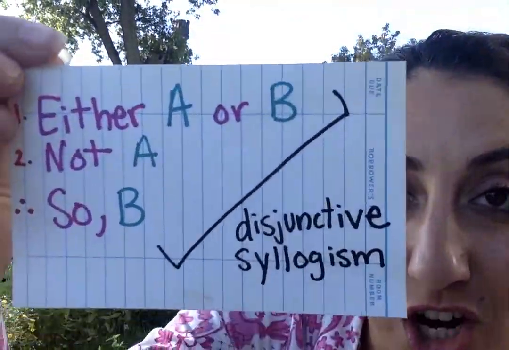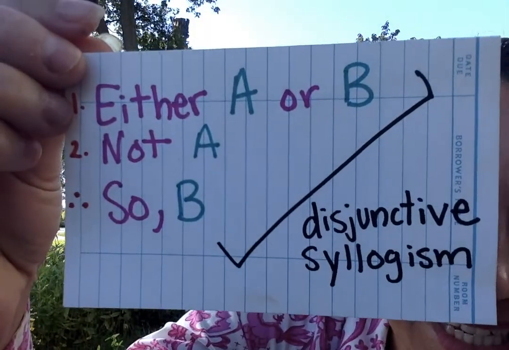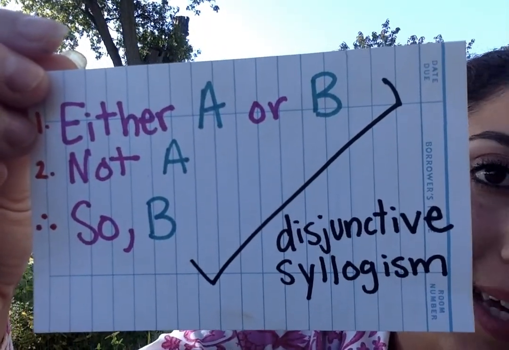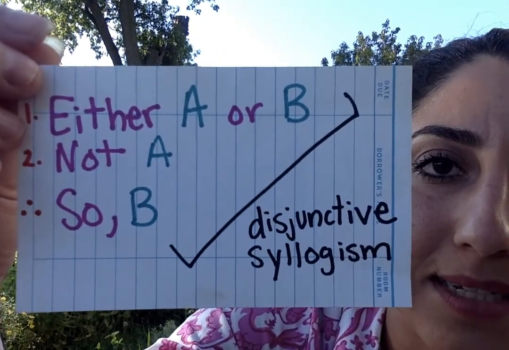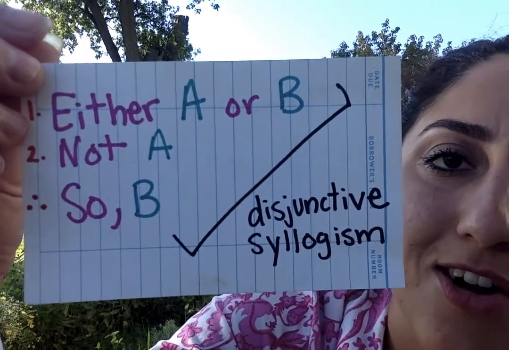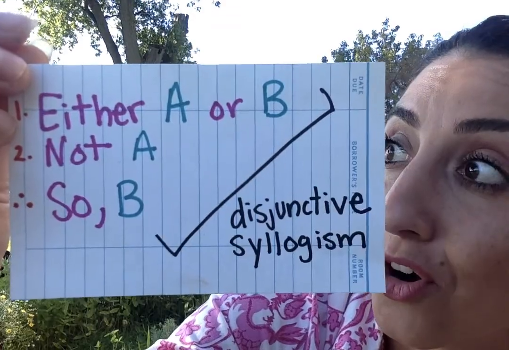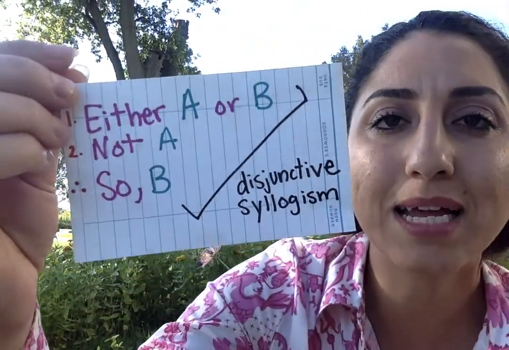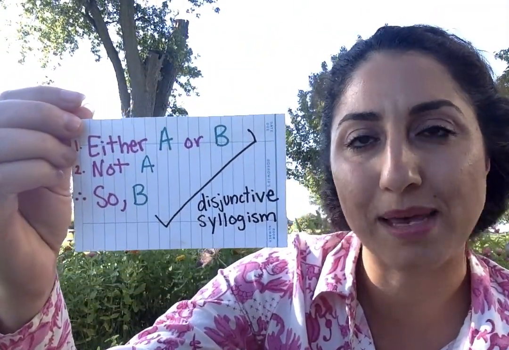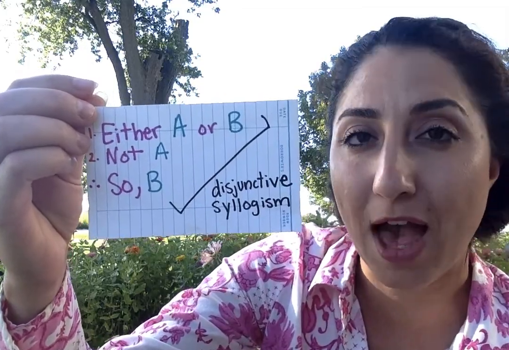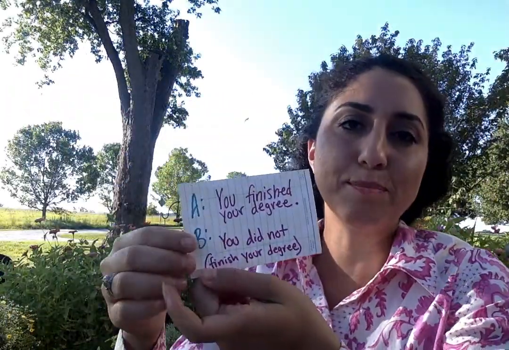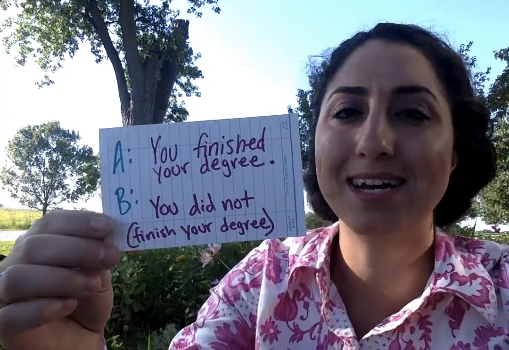Notice that the first premise in a disjunctive syllogism is asking you to carve up the world as if it's black or white and never gray and not any other color. In other words, A or B, not either, not both. Sometimes you can't actually think that way because the world can't be cut up that way. In this example that we've discussed, you can cut it up that way.